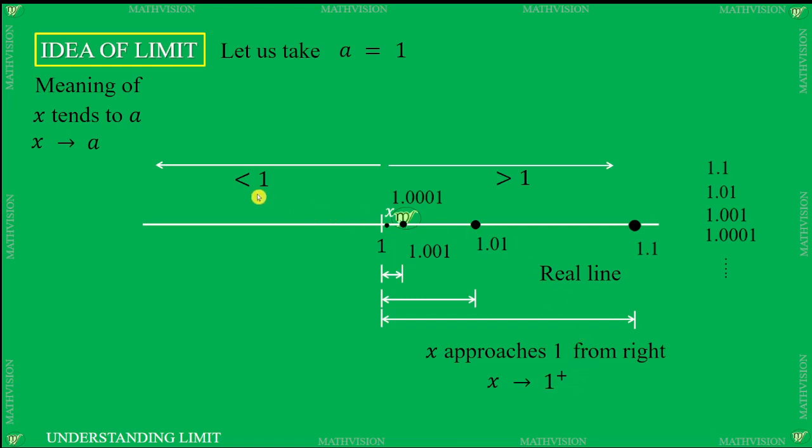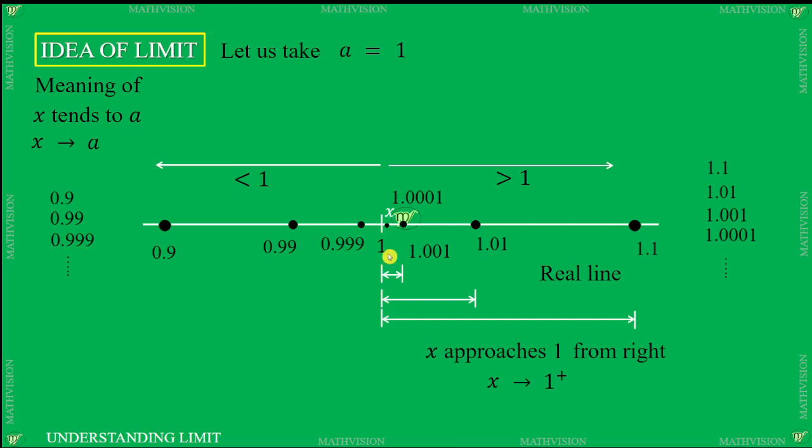Now again let us consider another sequence of numbers such as 0.9, 0.99, 0.999 and so on. Now if we consider the first number 0.9, which is less than 1, it should lie on the left hand side of 1. Let this be the point x whose value is 0.9. Now for the second point, there is a point on the real line whose value is 0.99. And similarly for the third number, we have a point x on the real line whose value is